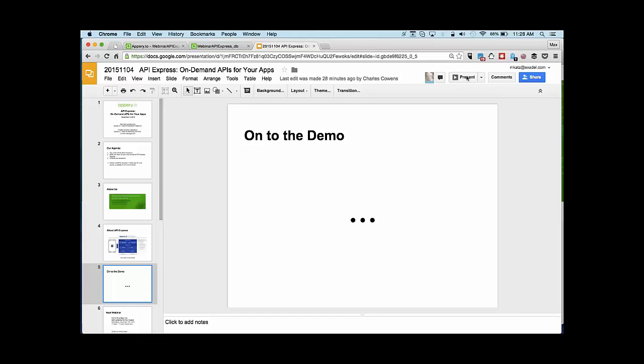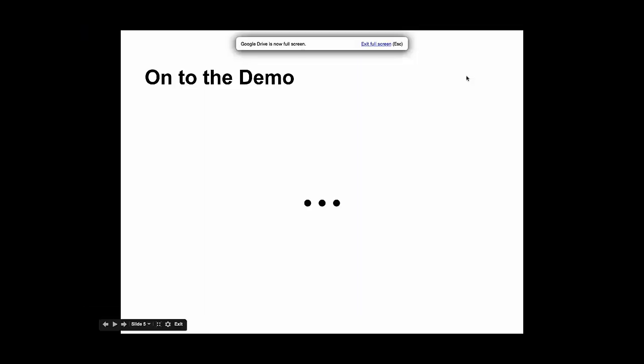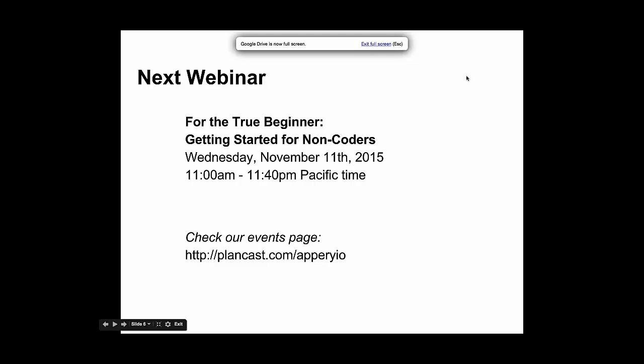Yeah, and I'd like to point out too that we're trying to give you a taste of API Express. There are lots of follow-up materials, and I'll point out where you can find them later. But